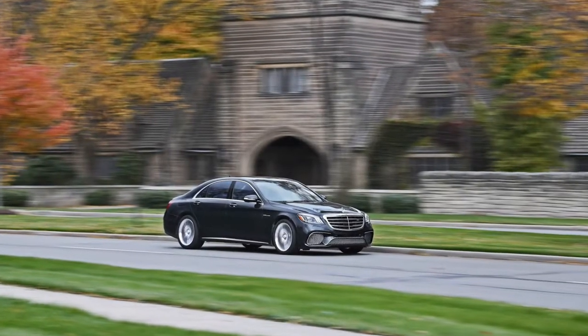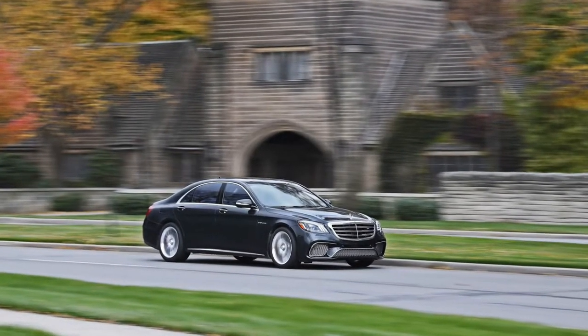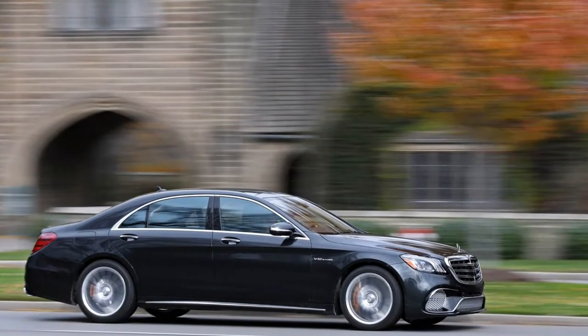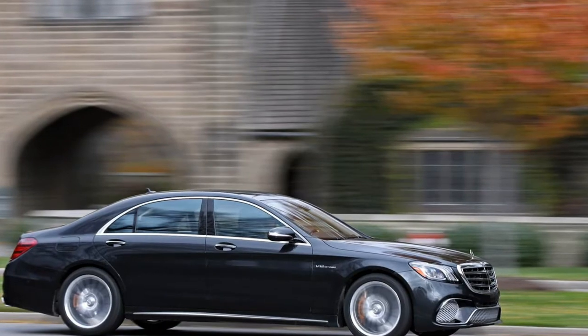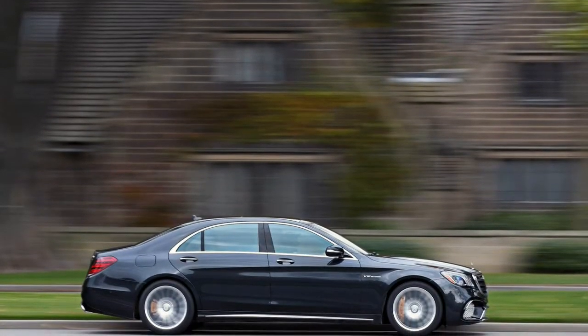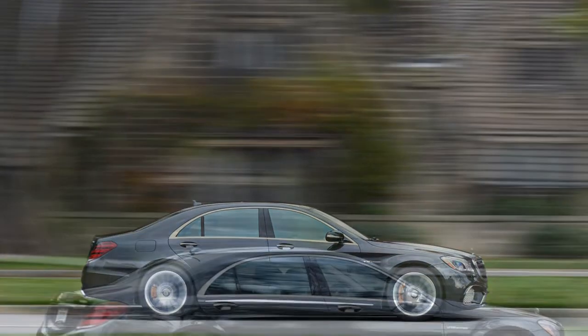That Mercedes-AMG charges $230,495 for the 12-cylinder S65 sedan isn't beside the point. It is the point. It is the most money you can spend on an S-Class sedan, the Mercedes-Maybach Pullman limousine excluded. This AMG model costs